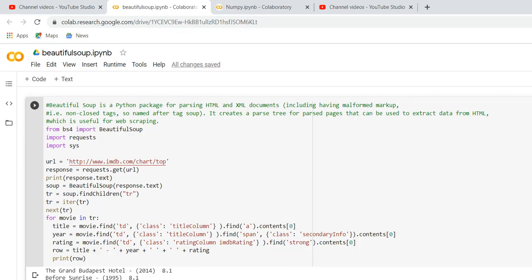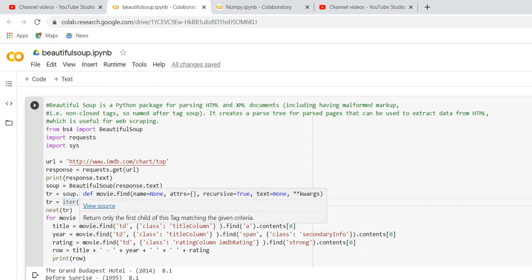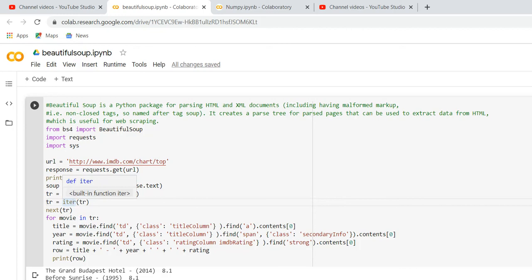Then I'm iterating over TR. Here you can see this iteration is a built-in function, so you can iterate through the entire TR. Then once you get the iteration, you move to the next.